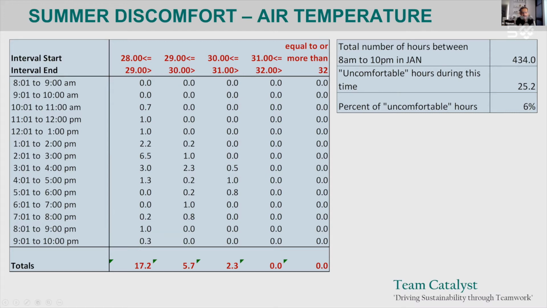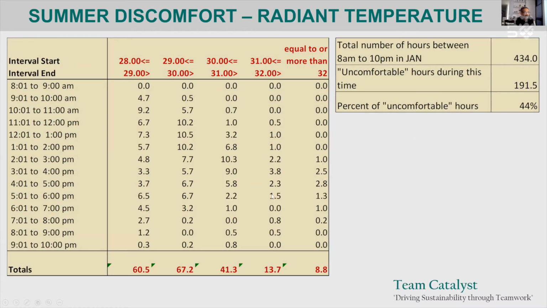But if I start looking at the radiant temperature, then the story changes a little bit. About 40–45% of the time, it's pushing into the uncomfortable area. Now, the reality is going to be somewhere in between. Why?